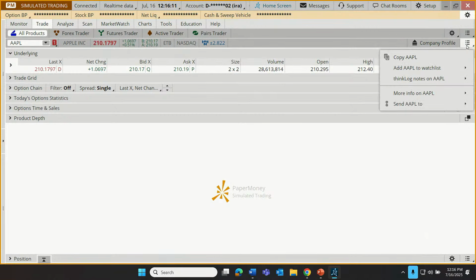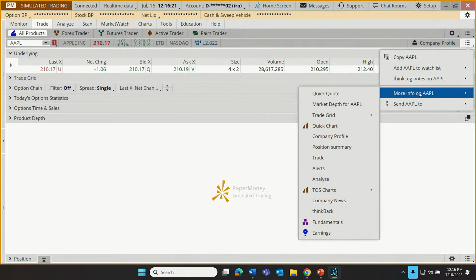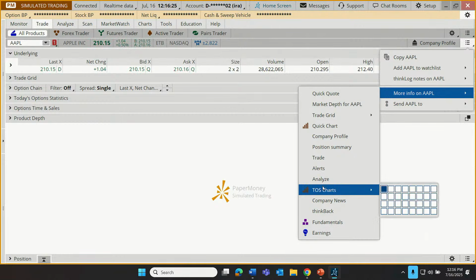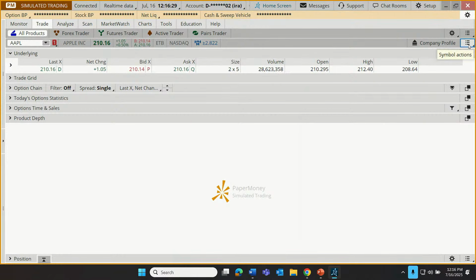And then let's also just click on this other menu so that we can see, okay, it looks like we can, for example, send this linking. We can send the Apple link to a different link. We can get more info about Apple, maybe bring it up on a chart. We can do a quick chart. Explore those menus on your own. I would love to just go through every single function on Thinkorswim.